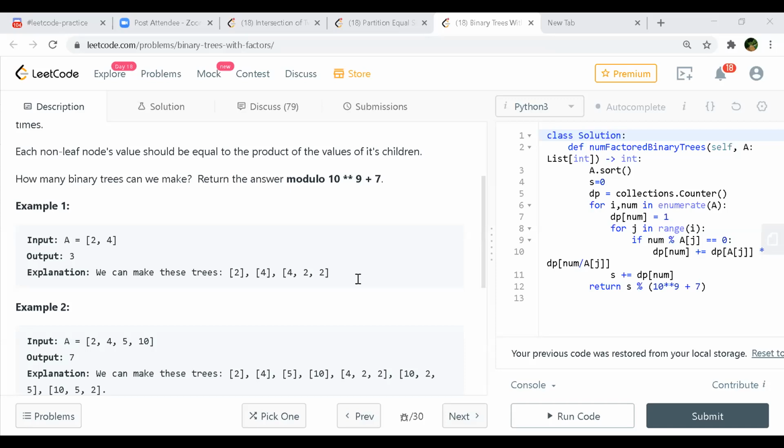So if we have three numbers like 2, 5, and 10, and they are all distinct numbers. Also, one thing they have given here is that the numbers are all greater than one, strictly greater than 1. So you won't have the number one at all, and they are all unique, right? So you won't have duplicates there. If we have duplicates, it means it is the same number itself.